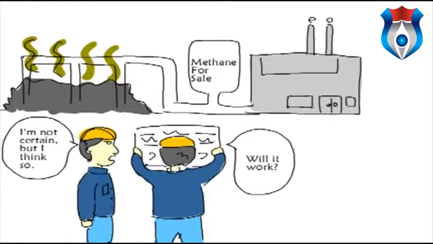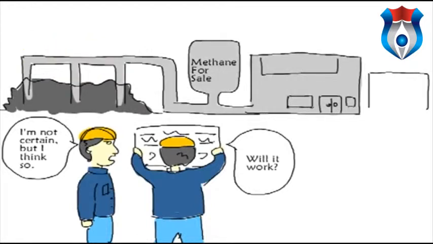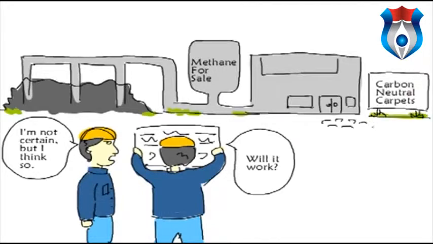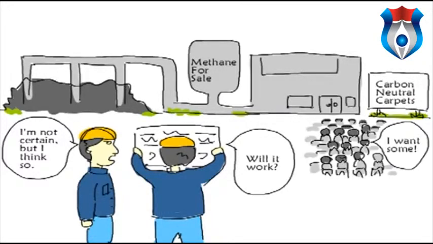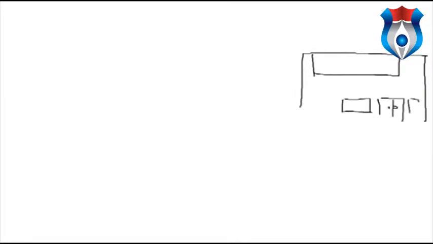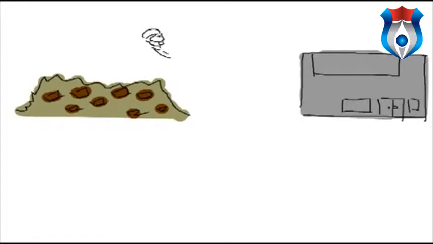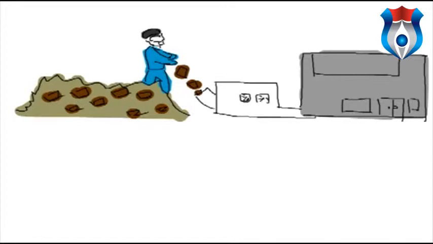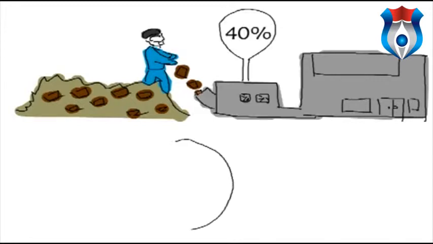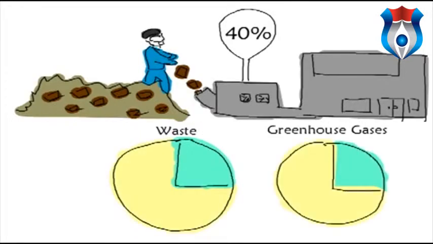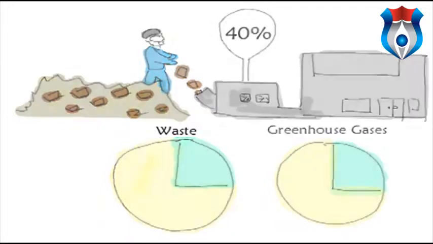By eliminating the city's main source of methane emissions, their factory became carbon neutral. As if that weren't enough, they were also able to sell carbon neutral carpets, which became a surprise hit with customers. With this momentum behind them, they were ready to attempt something that had never been done before, taking the old carpet piling up in landfills and recovering the materials to turn it back into new carpet, closing the loop. They had to invent all the technologies to do it, but today 40% of Interface's carpet is made out of old carpet or biomaterials. Their waste and greenhouse gas emissions are a quarter of what they were when they started their journey. This goes for all their plants, including the new one in China.